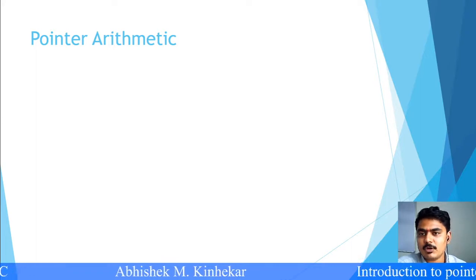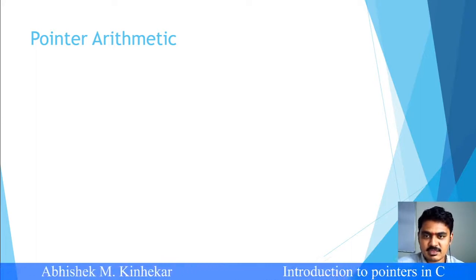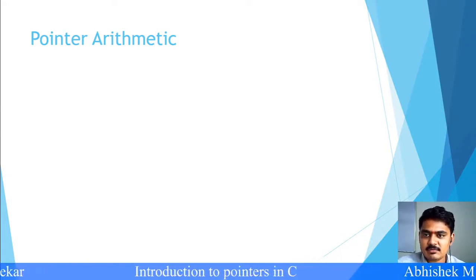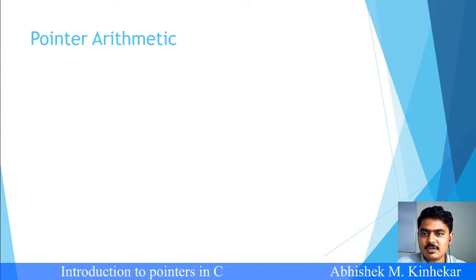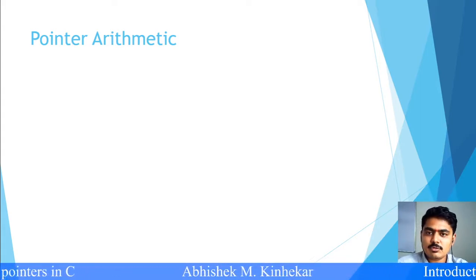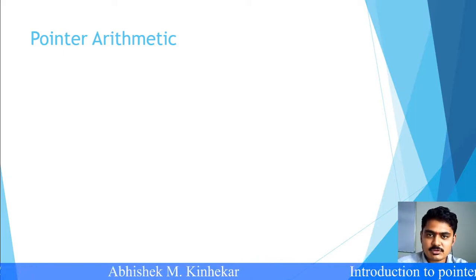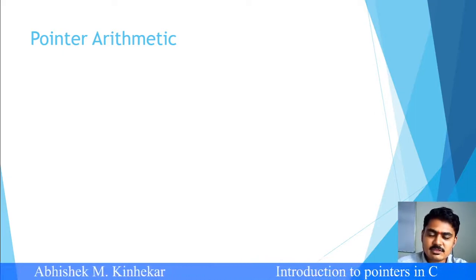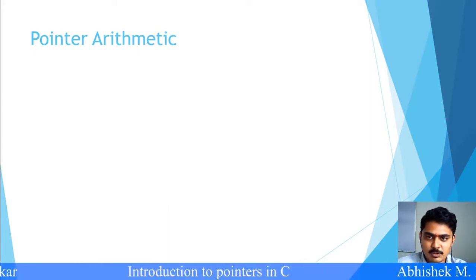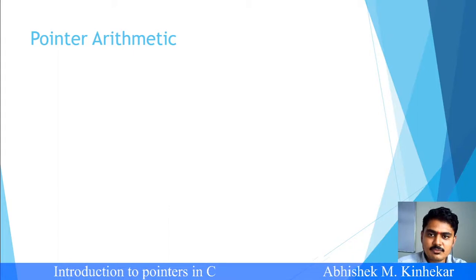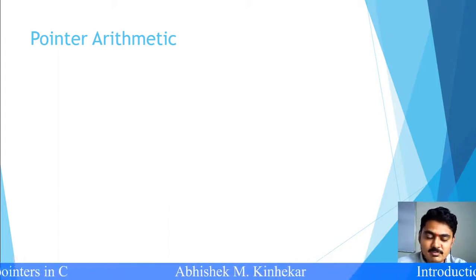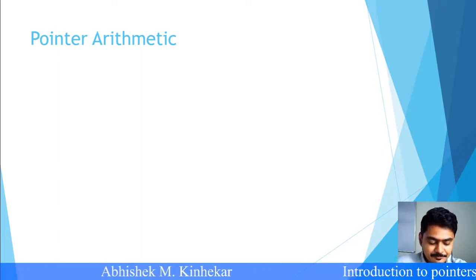As we all know, a pointer contains the address of some other variable. So if you try to add something to it, the result might not be similar to what we expect in normal arithmetic, because in normal arithmetic your variables store constant values. If you add one integer to another integer, it might give you an answer as a third integer. But it's not the case with pointers. Pointers hold addresses. If you add some integer to an address, the results might be surprising. We will be seeing how that works out.